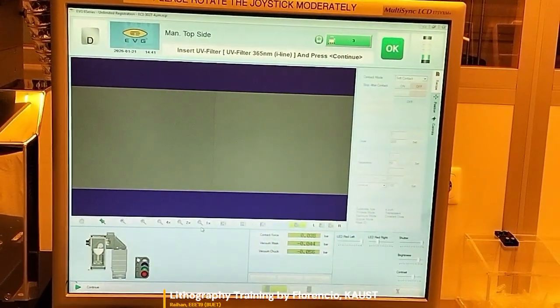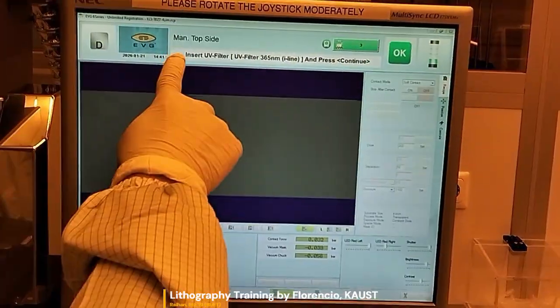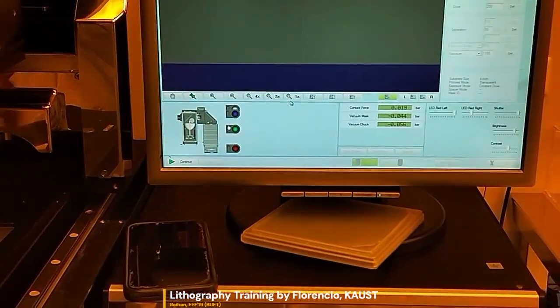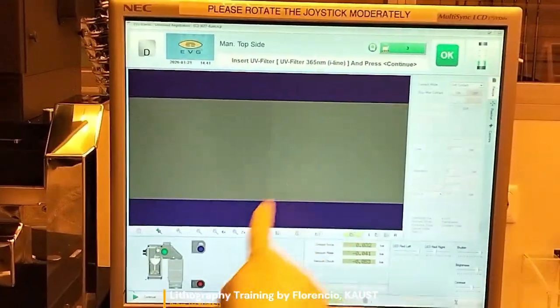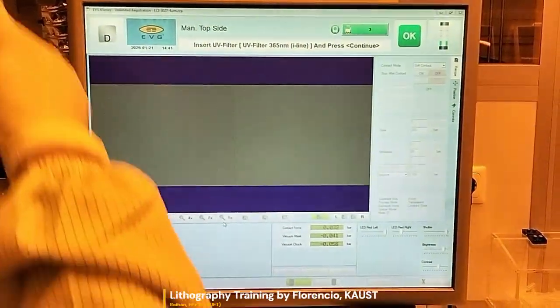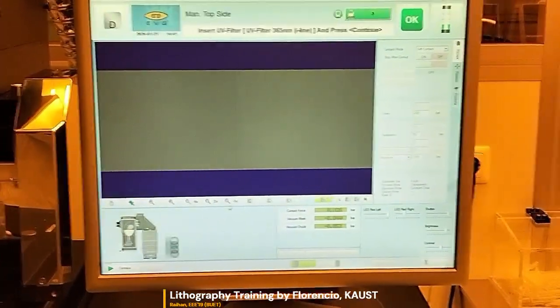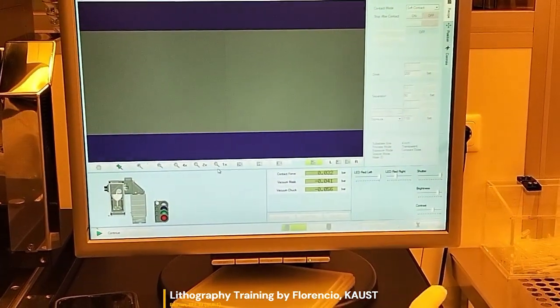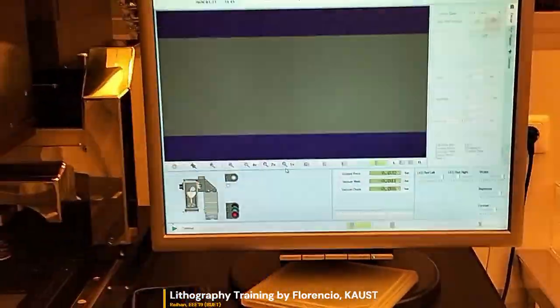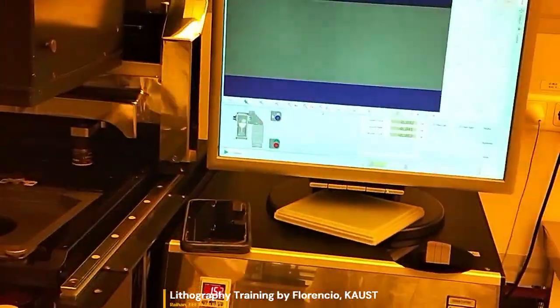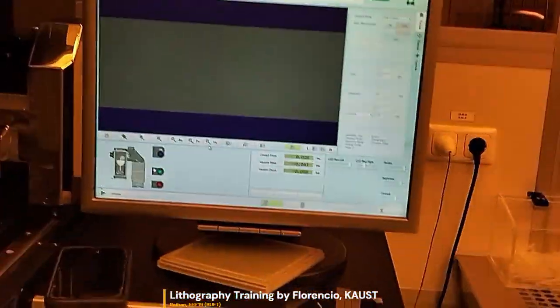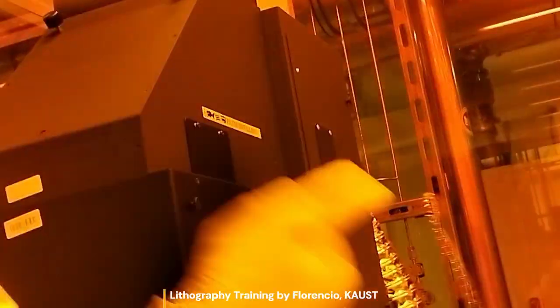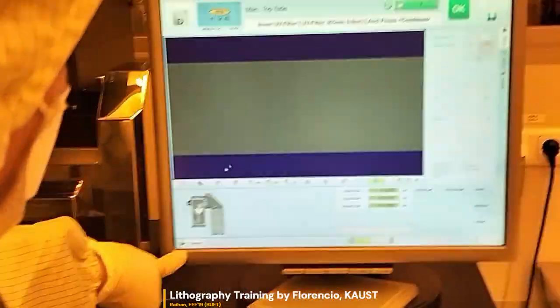See, the tool is very friendly. It's telling you what to do, and it is showing you what to do. So it's telling me insert the UV filter and showing me insert the UV filter here. So some of the process that is being told for you to do is already pre-done. So from here, insert UV filter, we already did it for you. You just have to press continue. See? And I'll press this continue.